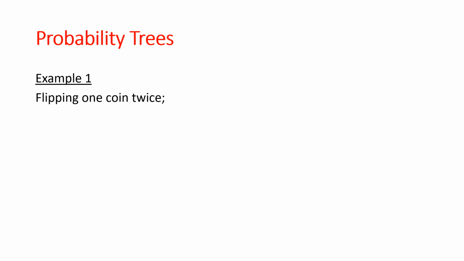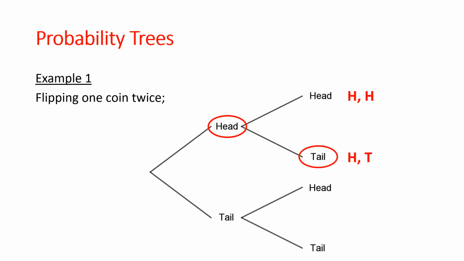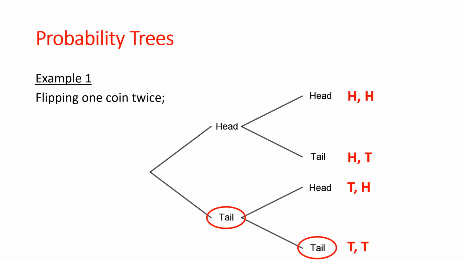Alright, example 1 is flipping one coin twice. So we could flip the coin the first time and get a head or tail. If we got a head, we could get a head or tail on the second flip. But if we got a tail on the first flip, we could still get a head or tail on the second flip. Alright, so we could get two heads, we could get a head, then a tail, we could get a tail, then a head, or we could get two tails. We have 4 possibilities,